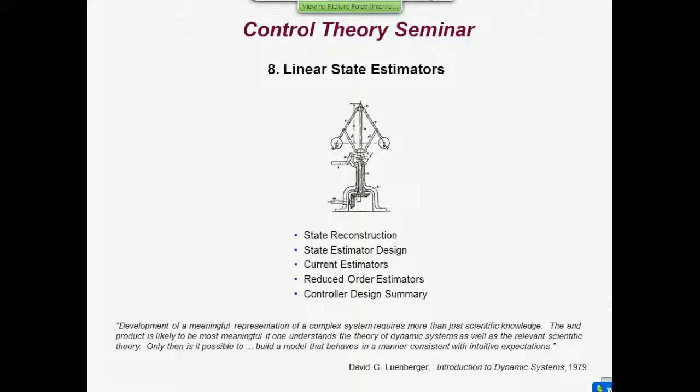The other way is in cases where some of the states also appear at the outputs of the system. So if we have a system, let's say, with 4 states in it, but one of those states is the output or appears at the output, then what is the point in estimating that state when you can measure it? Right? It's an internal variable, but it's also a measurable internal variable. And in that case, you can simplify somewhat the estimator equations by only estimating those states that you don't know.